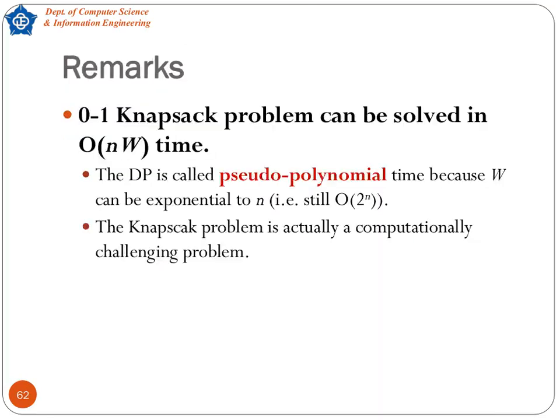Building on that observation, the classic 0-1 knapsack problem still only admits a dynamic programming solution running in O(nW) time, where n is the number of items, and W the capacity limit. Because W itself can blow up exponentially in the input size, this approach is deemed pseudo-polynomial rather than truly polynomial. In other words, despite the DP's apparent efficiency, its worst-case runtime remains exponential. Ultimately, knapsack stays an NP-hard challenge,